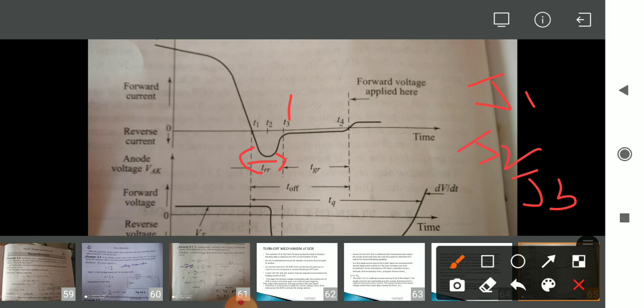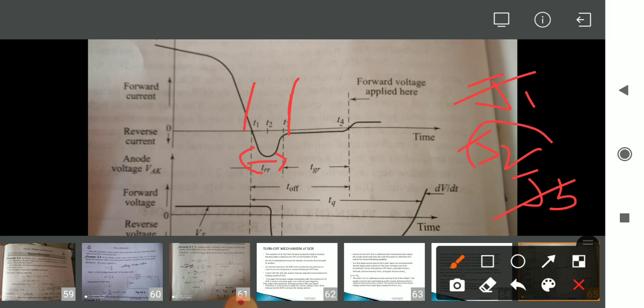So in order to avoid this, these charge carriers can disappear only by way of recombination, and this could be achieved by maintaining the reverse voltage across the SCR. So what we are explaining here is that at junctions J1 and J3, because of the reverse current, the junctions J1 and J3 are able to block the reverse voltage. They have the capability. If I apply the reverse voltage, they can block, but junction J2 is still not able to block the forward voltage.